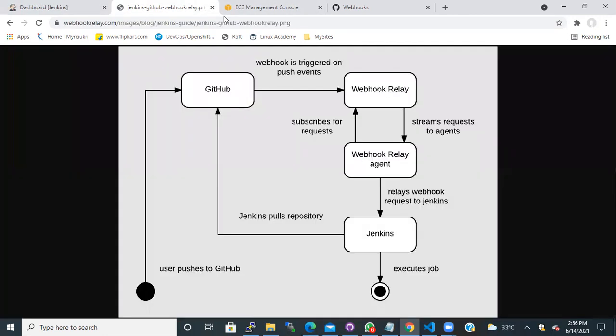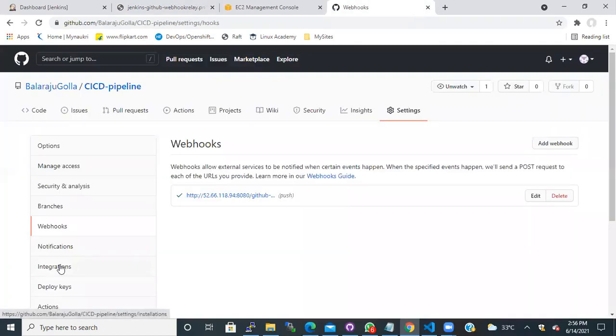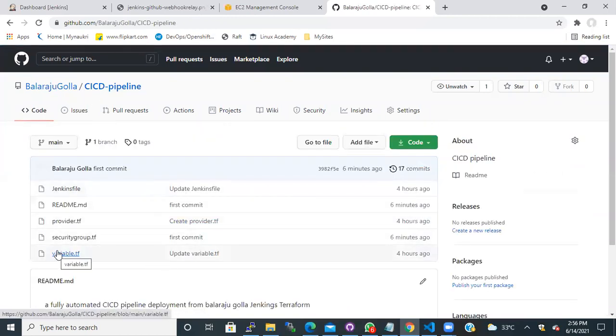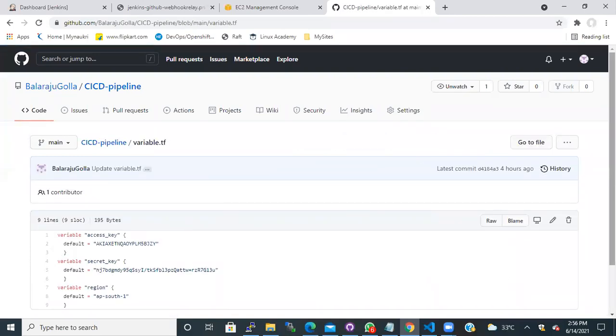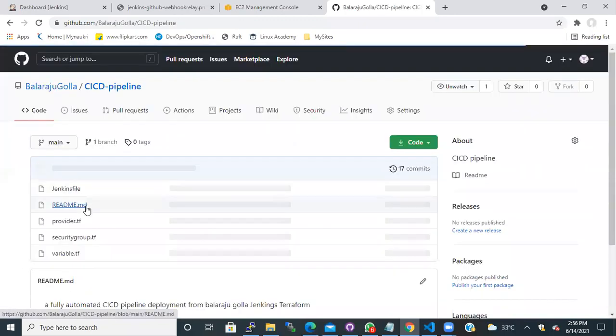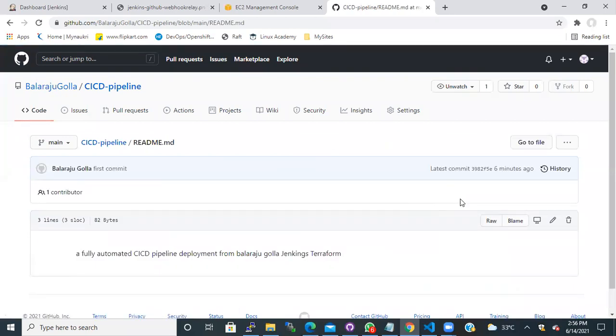One minute, guys. Pipeline, pipeline readme file. So the changes are not pushed. Why?